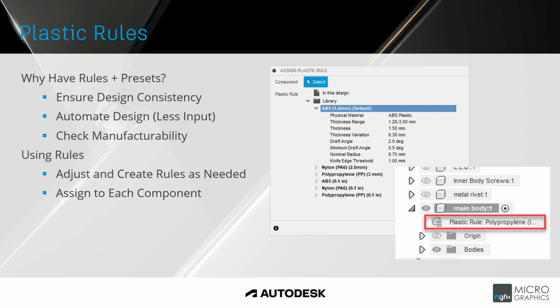Moving on to the first section, we will have a look at plastic rules. For those that have worked with sheet metal, this is very similar to that, where you would create a set of rules similar to your sheet metal rules. If I had to draw comparisons from a sheet metal side, where you set your sheet metal thickness and bend radius,